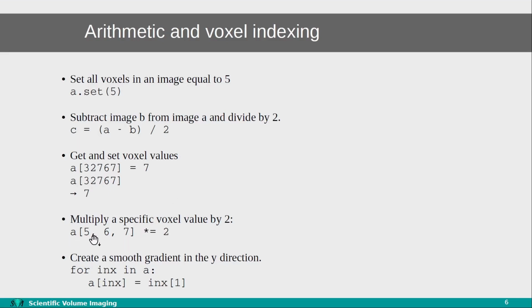And here we can see an example of using a literal position in an image and using that for a voxel multiplication. And one of the nice things about the image objects is that they are also iterable,